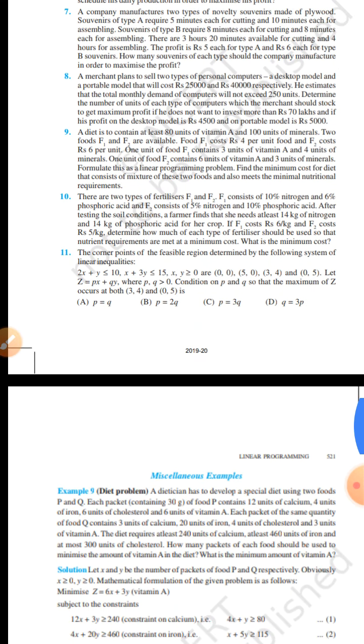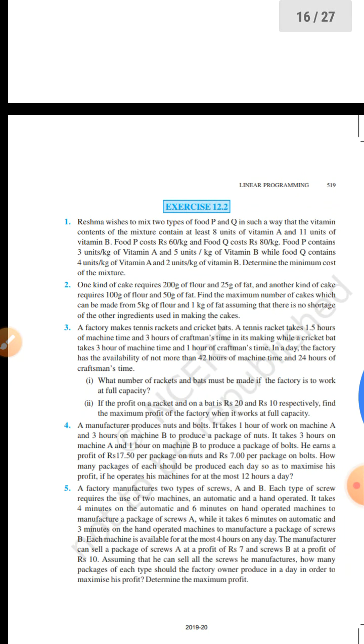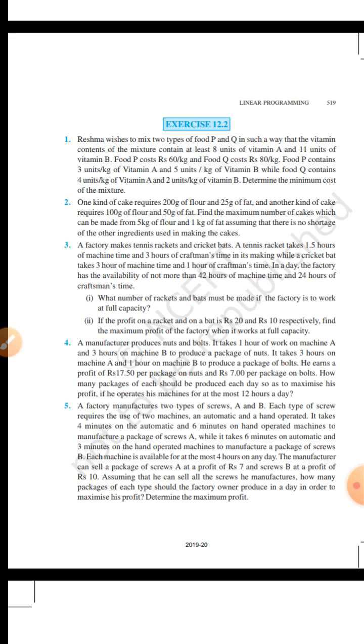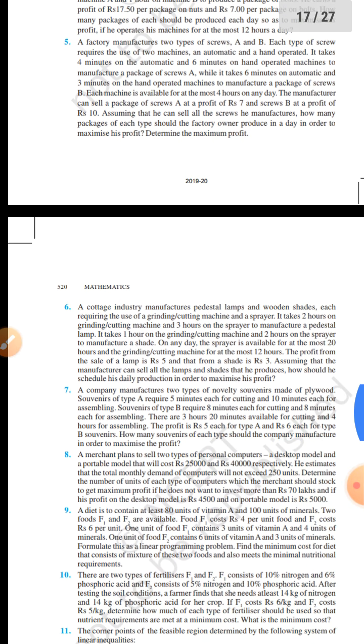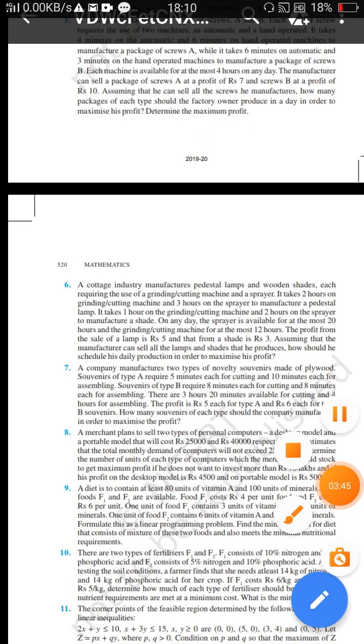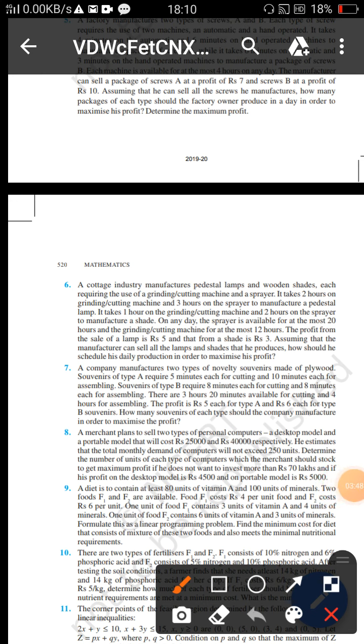It has a minimum of 11 questions. These 11 questions are very important, because these were frequently asked in the boards of consecutively 14, 15 and 17, not 16, because the last question was asked in 16 which I had told in 12.1. Now I am going to tell some important questions which I saw while preparing from 2009 to 2018 to 20. So this will be a beneficial video, so do not skip these questions.